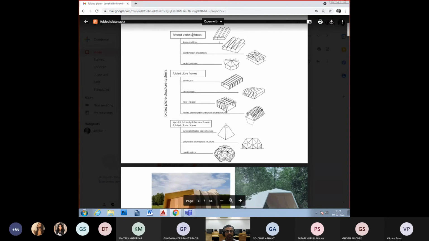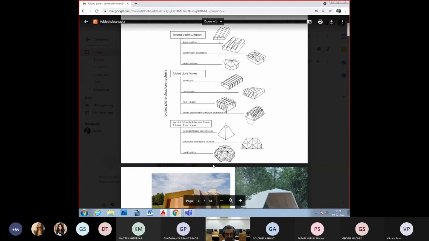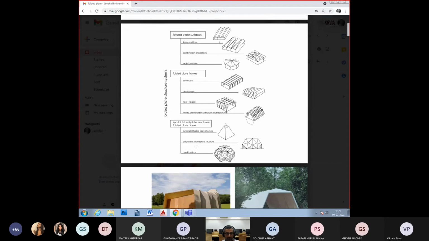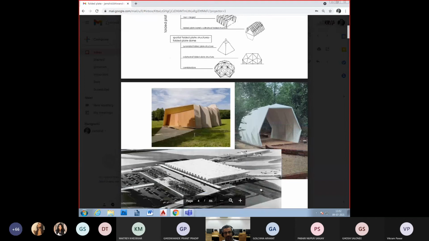There, the first category is the folded plate acting only as a roof surface. And the third is where the folded plate acts as a spatial form, either as a dome or as a pyramid, thereby imparting rigidity to the entire form, and thereby you have these combinations of such folds. You have tetrahedrons, polyhedrons, and the pyramid in all that sense. So folded plate can be largely categorized under the understanding of the surface, the frame, and the spatial form.